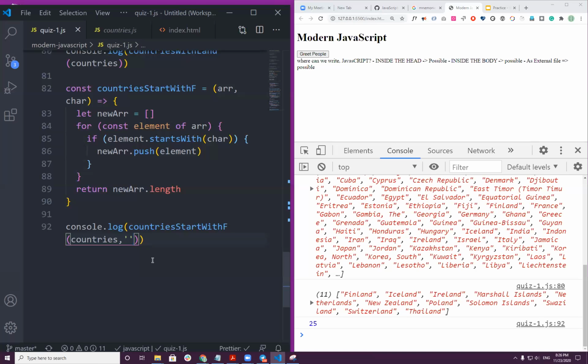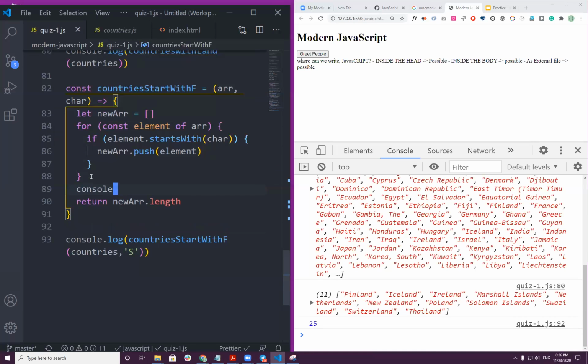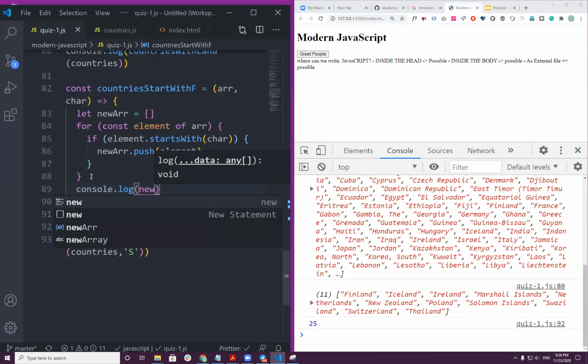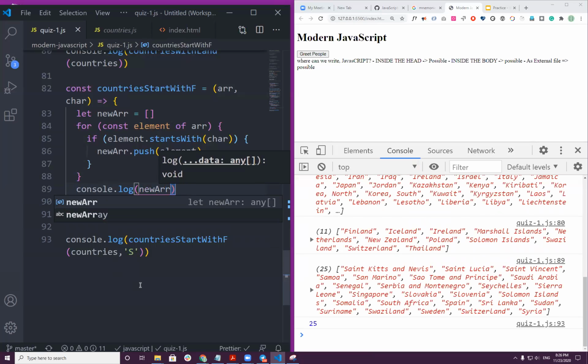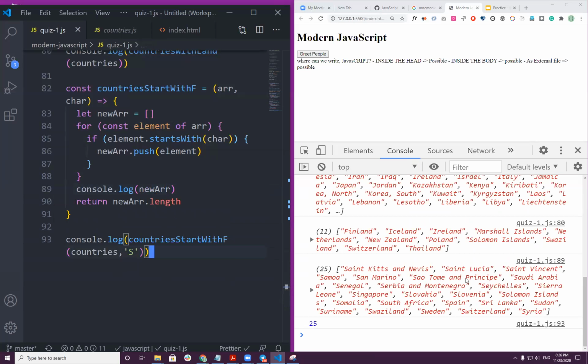So it's a very good kind of fun. If you also want to see the countries, I can just console.log before the new array. As you can see, starting with St. Kitts and Nevis, St. Lucia, St. Vincent, Samoa, San Marino, Saudi Arabia, Senegal, Serbia, Seychelles, Sierra Leone, Singapore, it goes on.